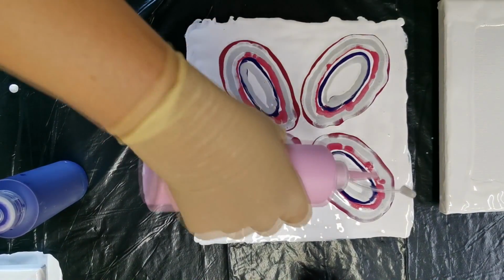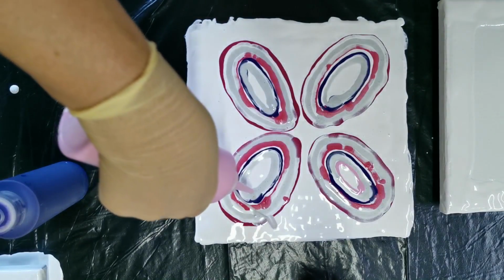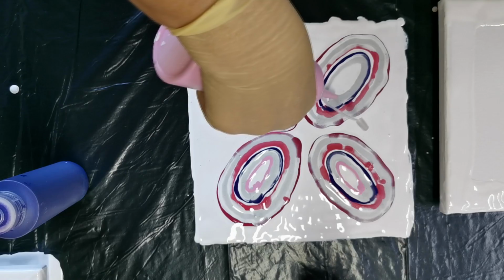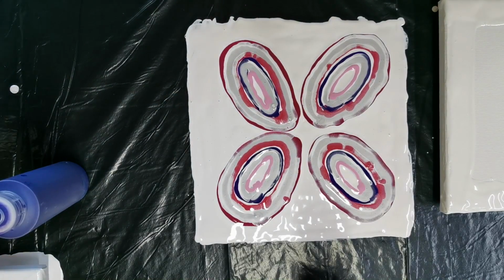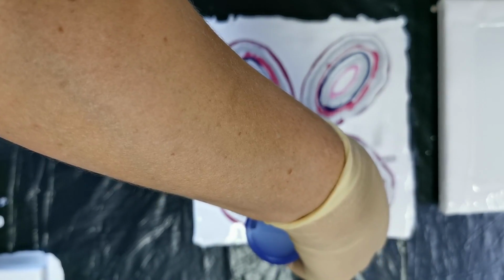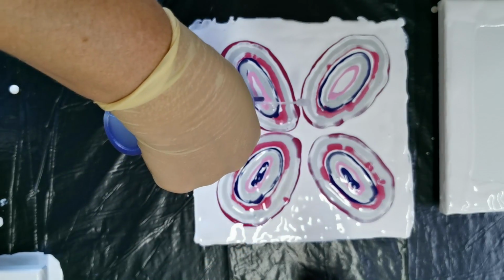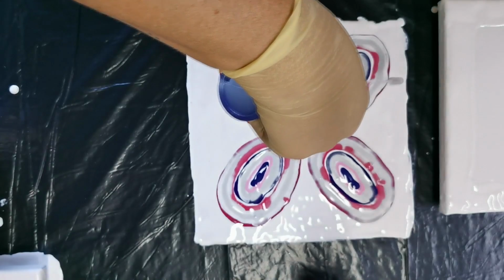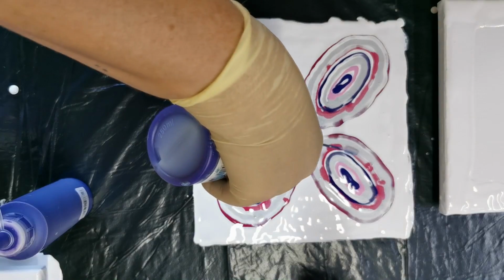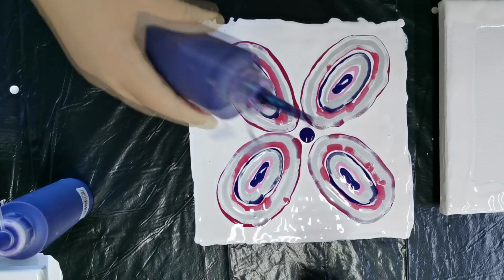and I have some light rose. And some metallic purple. And I just think that I will add some purple here in the middle